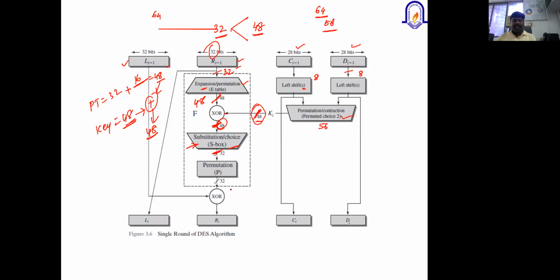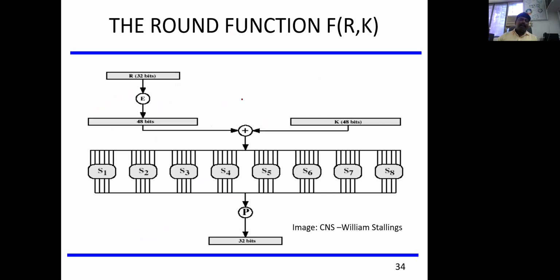Now I'll explain how this S-box operation works. I was explaining that this is 32 bit, and using the expansion table we are getting 48 bit. And these are the keys derived from permutation choice 2, which is 48 bit. 48 bit of plain text and 48 bit of key produce a 48 bit intermediate ciphertext. Now from this 48 bit, we again want to reduce to 32 bit. For that we are going to use the S-box technique.